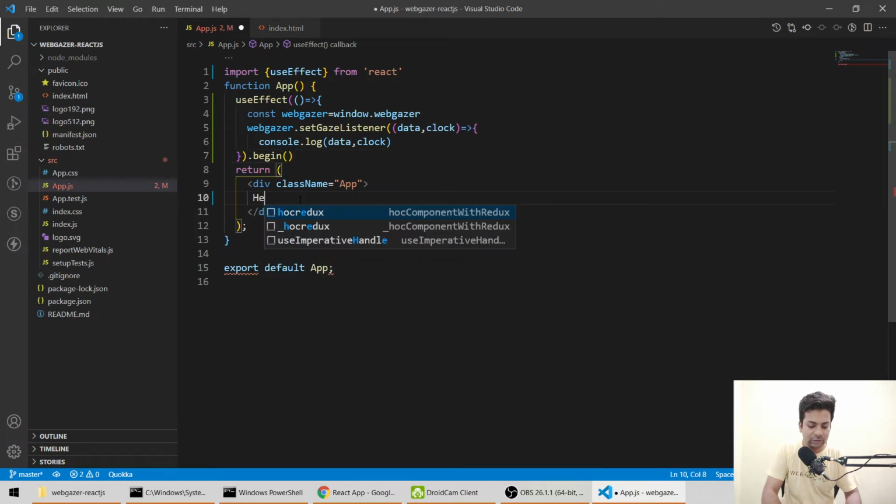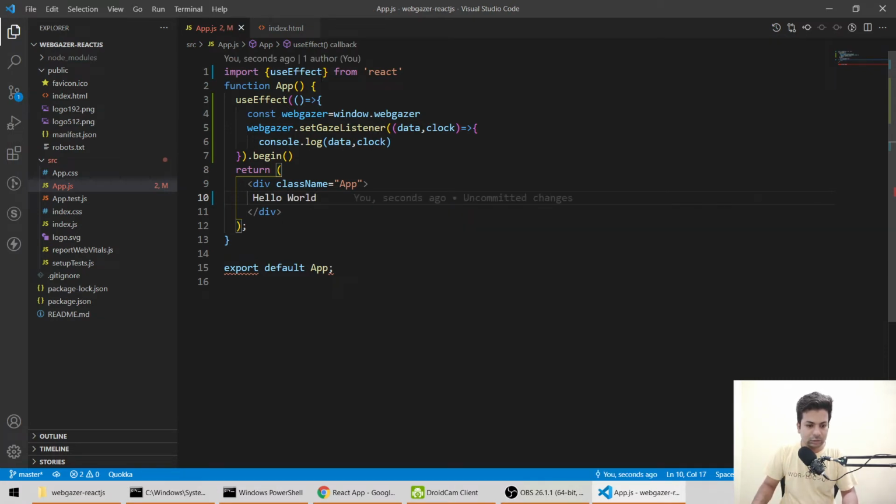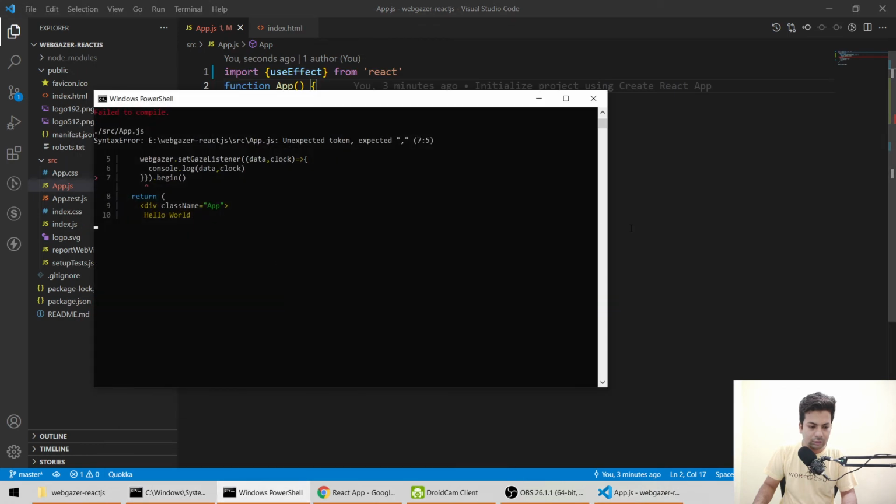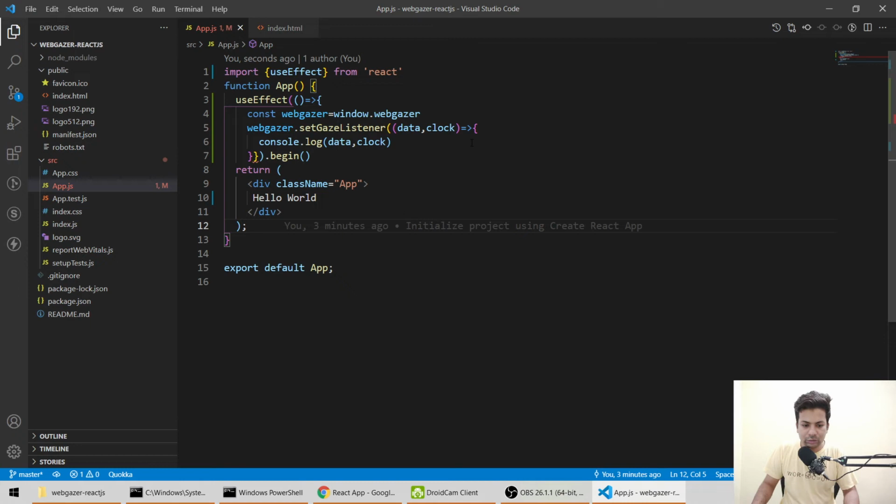I think I have to write something here, or what? There is some bracket issue. I think now it looks fine. Okay, there is still some bracket issue. Let me quickly match it. Dot set data clock, and we'll do this.